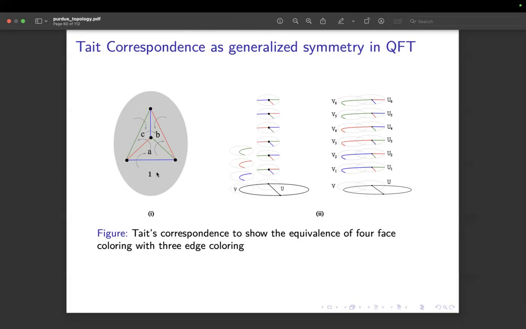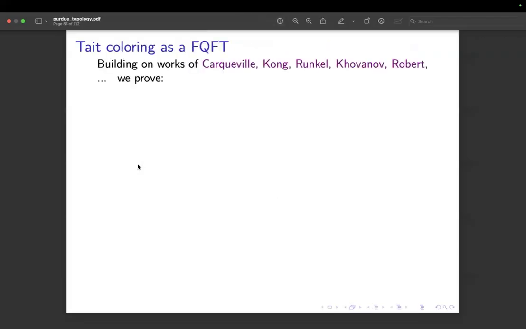There's a paper by Carqueville on Landau-Ginzburg models, and if you have a surface with defects, and the defect data is that one stratum is labeled by a non-identity element of K4, then that's exactly how defects should behave. My insight was that some sort of defect TFT should work. I talked to Professor Ingo Runkel, and he suggested that I should possibly consider a theory where all the dynamics is concentrated on the edges, and that's exactly how it worked. Building on the works of Carqueville, Kong, Runkel, and Khovanov-Robert, because my work was inspired by them,